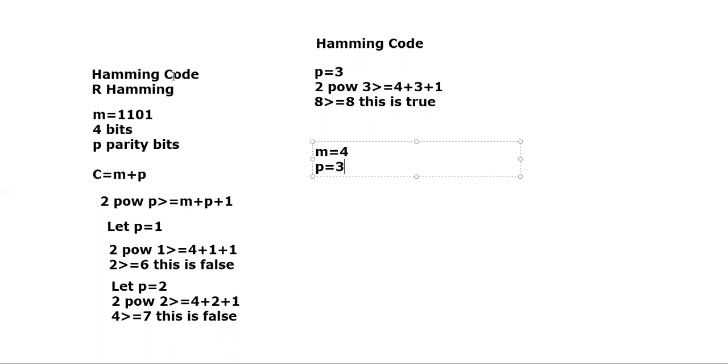In Hamming code, during transmission, you're going to generate a Hamming code. What you generate using Hamming code is M plus P, where your C value is equal to 7. That means you're going to generate a 7-bit Hamming code containing both the message as well as the parity bits. So now, how would I add these 3 parity bits into my given message? That's what I have to look into. Now let us see that.